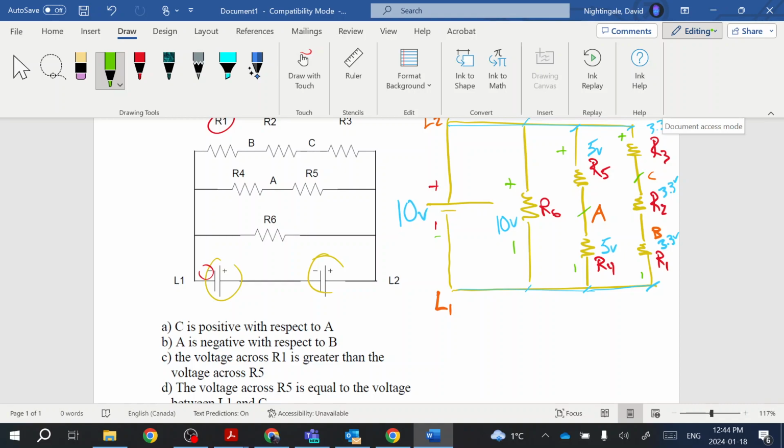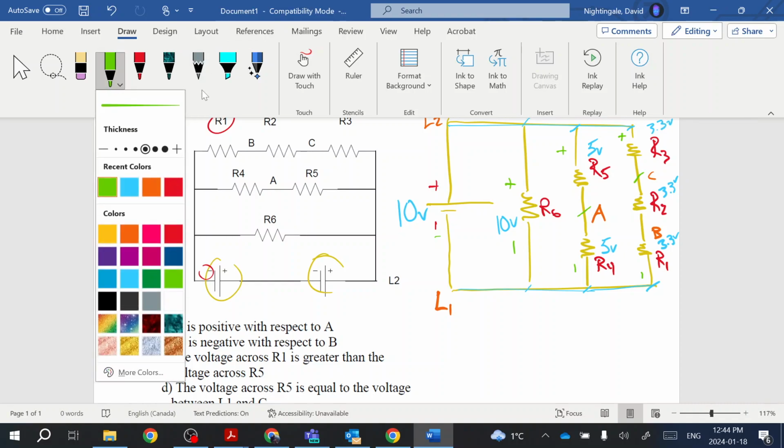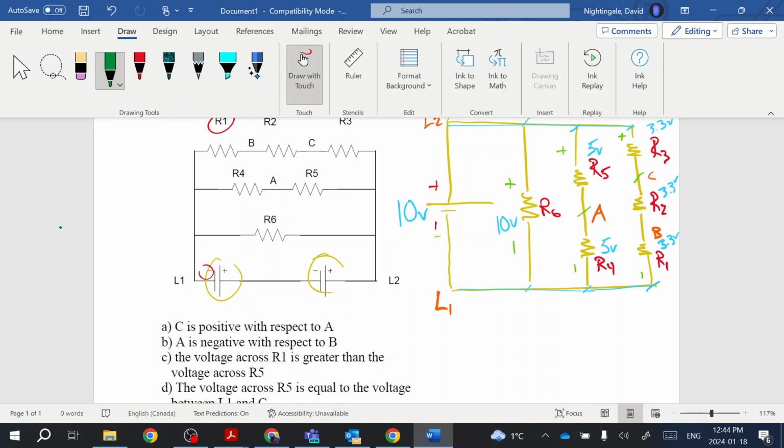Well, for example, if I put a voltmeter across here and here, this side would be more positive than this side over here, which would be more negative. All right, so I would read 5 volts at that point here. Anyway, I digress. I don't know if that made a lot of sense, but